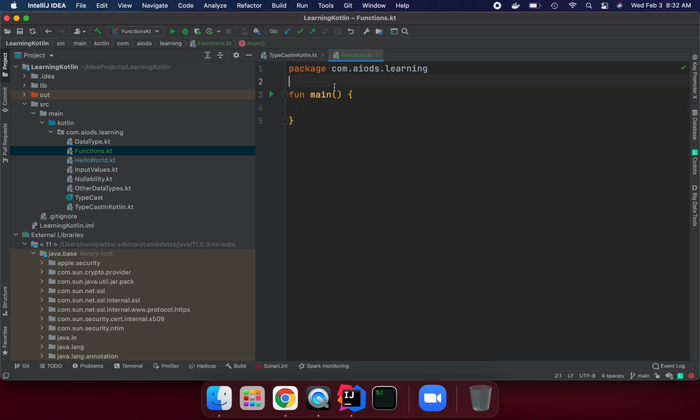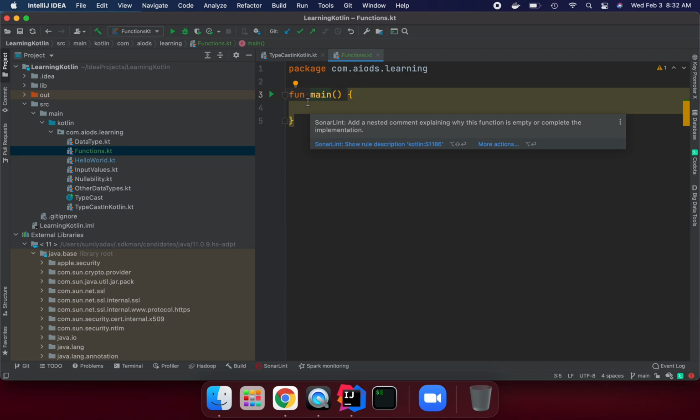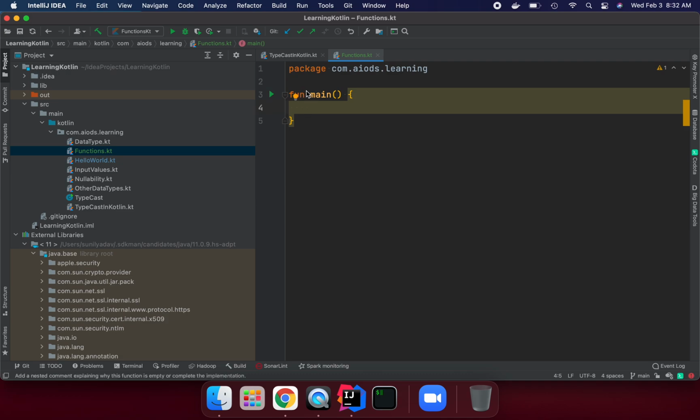We can see we don't need a class. Through the function I can run the program, but in Java we can't do that. We have to put the main method inside a Java class, otherwise it's not going to run for us. But if we look at the function signature here, there is the fun keyword, the syntax we always need to put, and the function name and parameters if you want to pass any, or not. So this is the function and return type.